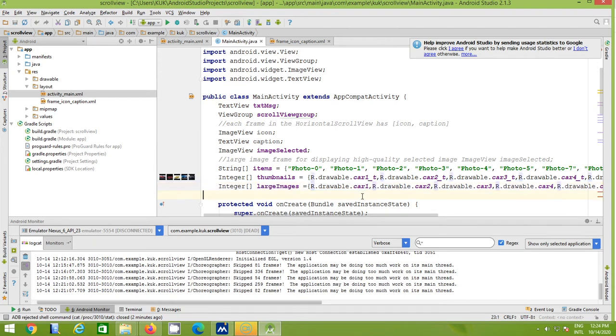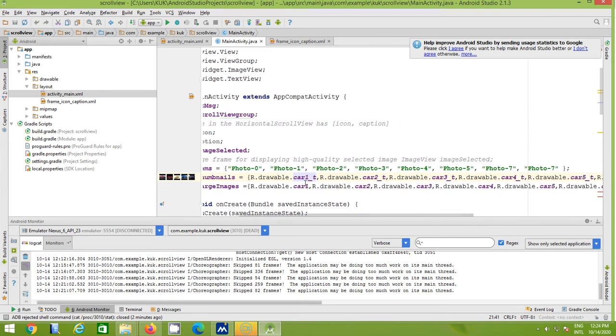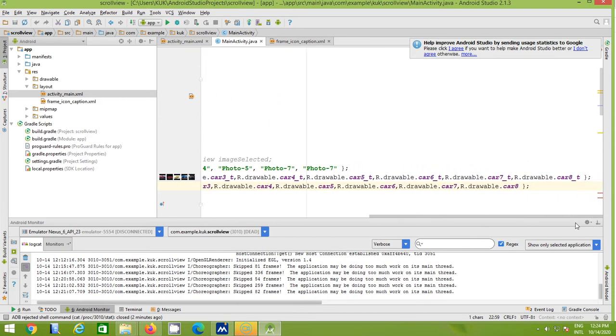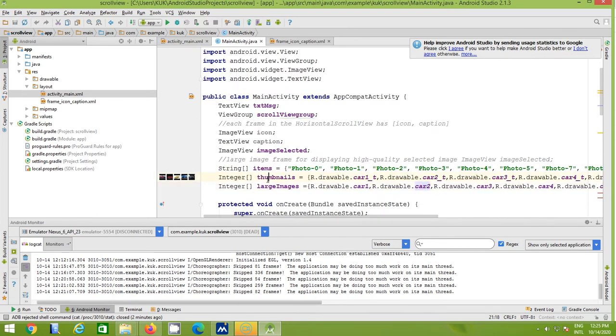Remember, the sequence will be the same as your thumbnails. The sequence in the large images, car1, car2, will be the same as you have used in the thumbnails. If the first is car1, then the first in the large images will be car1, and the same for car2 and car3.